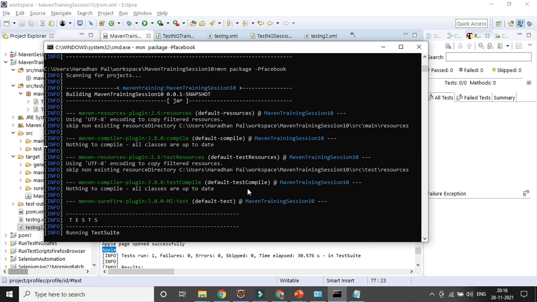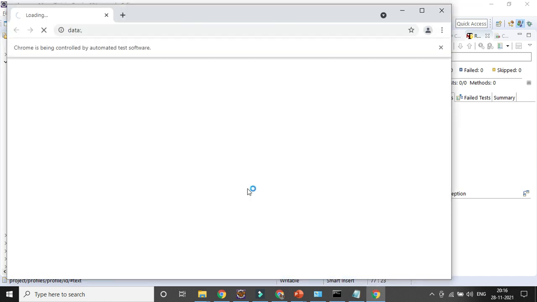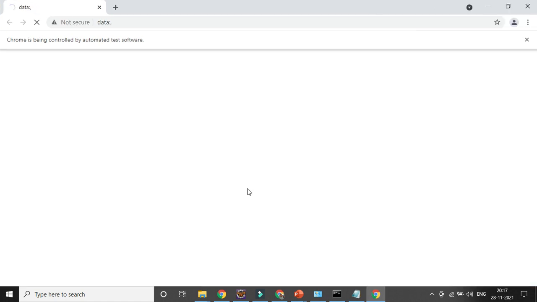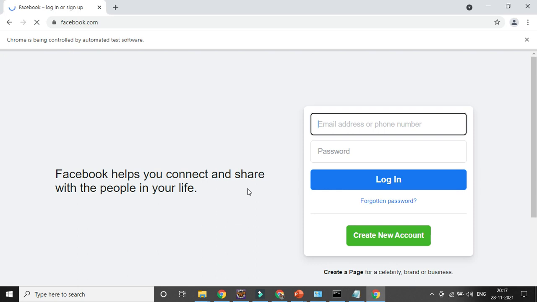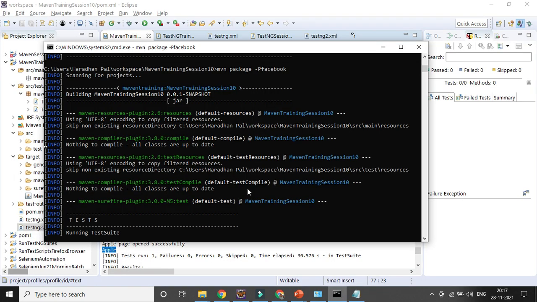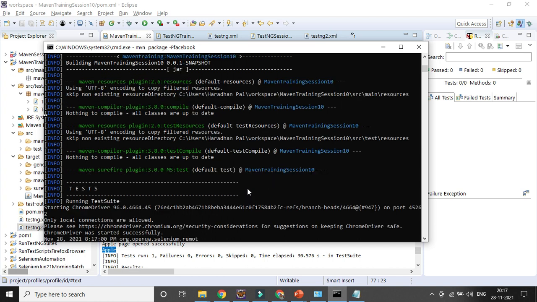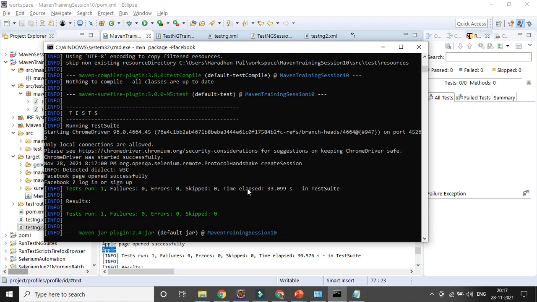And if you want to convert them to a package, definitely it is not possible there. And if you want to run with the help of the command prompt, it is very easy. All the Maven commands are available, and you can run them with the help of a Maven project: Maven clean, Maven compile, Maven test, and Maven package. You can see everything is getting run and you get the result here. Okay, the Facebook page opened successfully, and this is the title of the page.